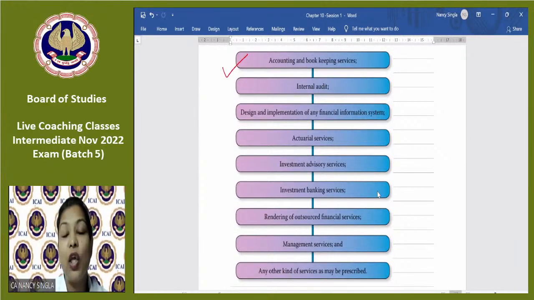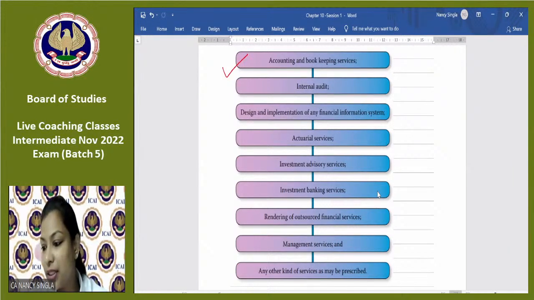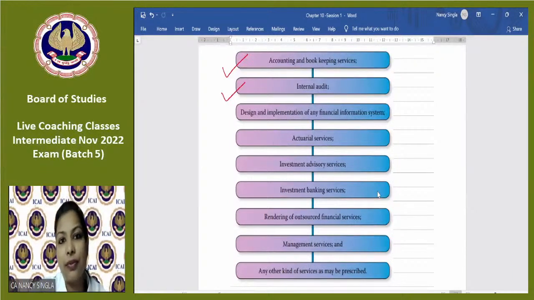Whenever I start explaining the concept of audit, I always ask students who is responsible for preparation of financial statements, for the bookkeeping, for the accounting. The management. Whether management outsources or does it by itself, the auditor as such is not responsible. Accounting and bookkeeping services. Okay? Internal audit. You have read internal audit in detail in chapter 4. So if you are already giving internal audit services, see, an internal auditor can be an employee of the company and it may be an outside firm. So let's say if A Limited has appointed the firm of CAX as internal auditor of the company, they cannot be appointed as the statutory auditor of the company.